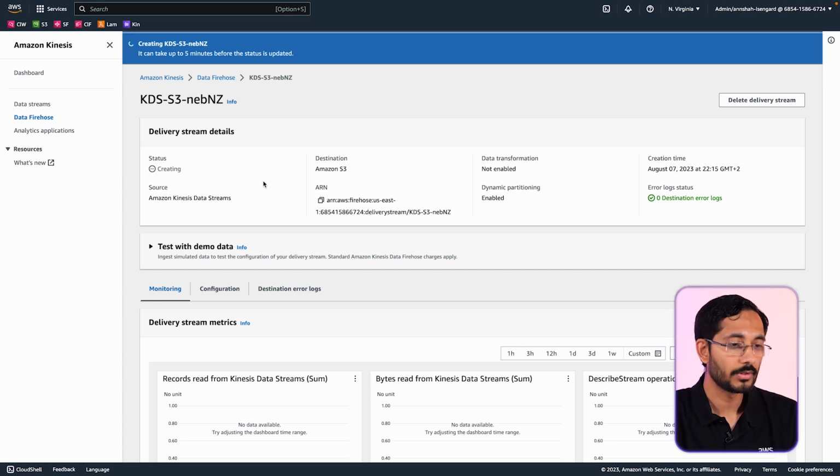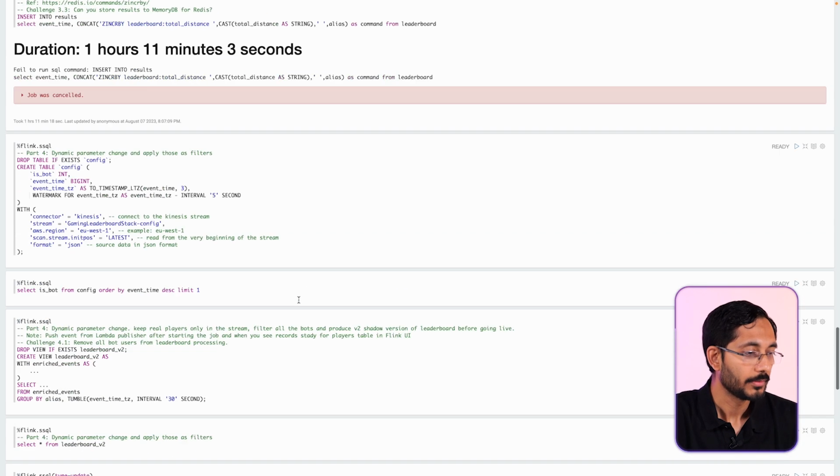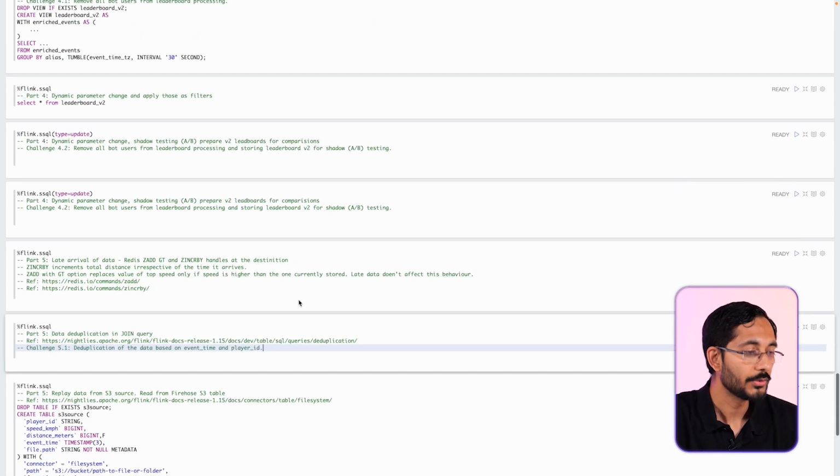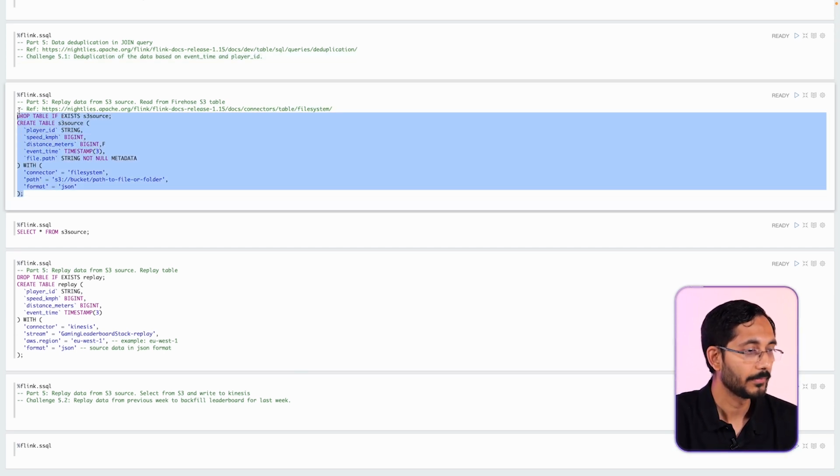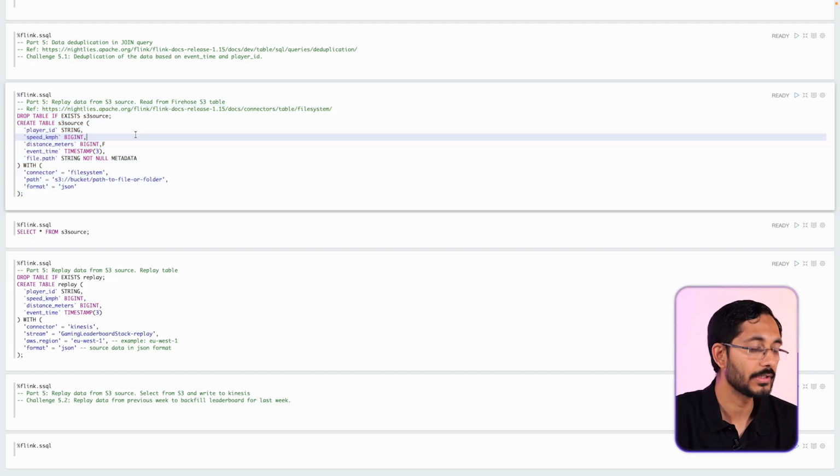So, we will switch to the notebook while it is creating. In the notebook, you have the new table now called S3 source, which essentially has the same schema as the event table. The only difference is it is using the connector called filesystem, which refers to the table or the files in S3.